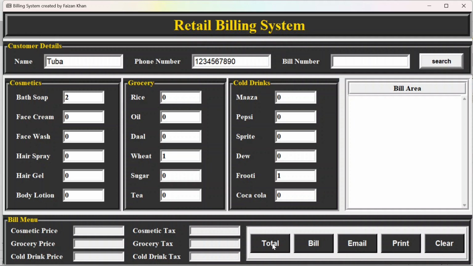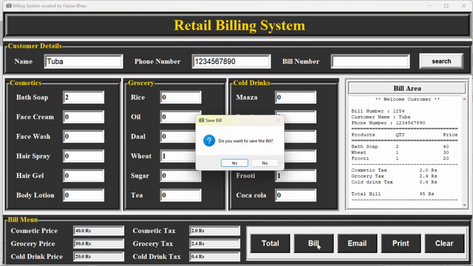and once I click on this total button, this is the total of the products, right? And now we can generate the bill. So here you can see the bill number, customer name, and the phone number. This is the same customer name that you have written here and the same phone number that you have written here. Then we are seeing the products,